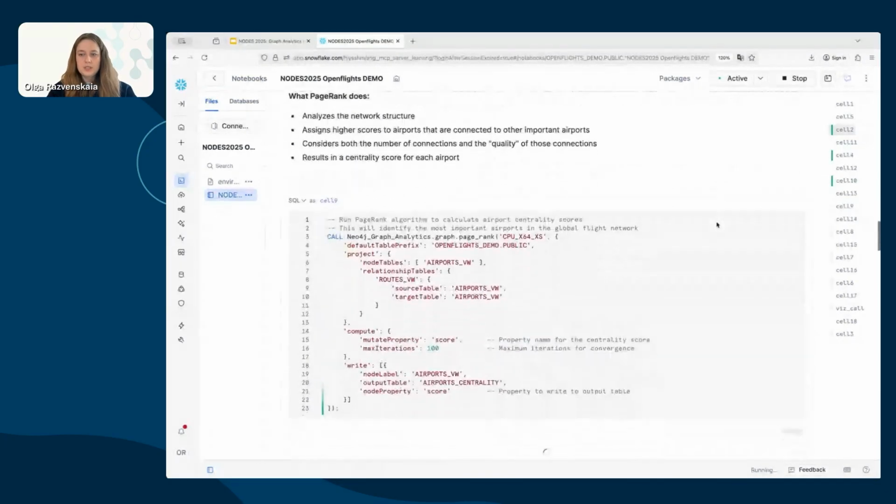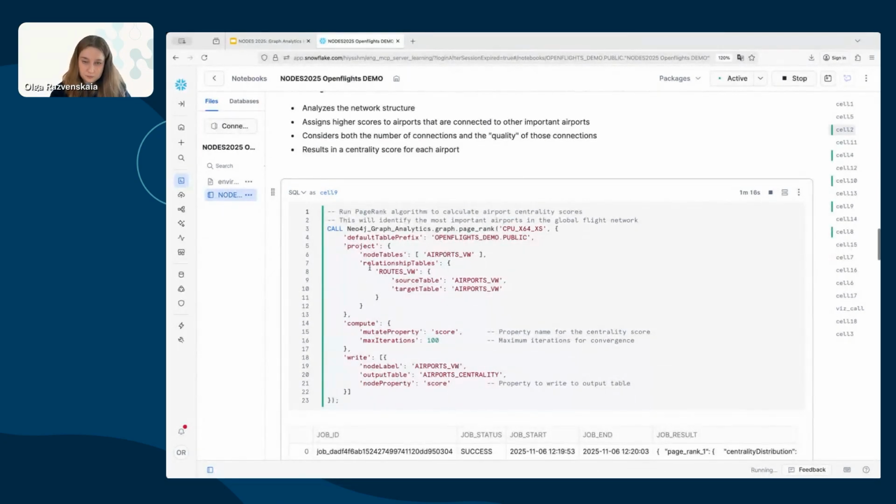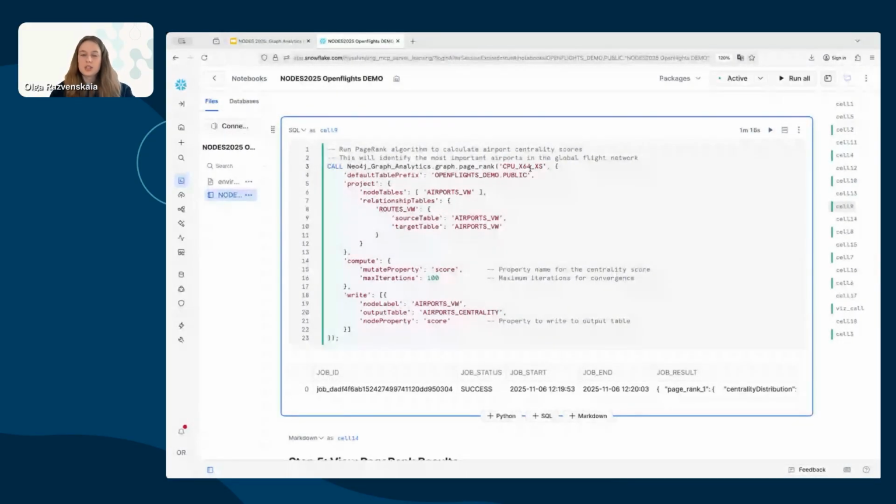So here we see that the PageRank algorithm is now running. What is happening behind the scenes? It got the graph from these tables. It starts the machine. I use an XS size machine here, and I run the PageRank algorithm with some additional parameters and write the result in the table. We see that the job status is success. The job was successful. We have some statistics on that,